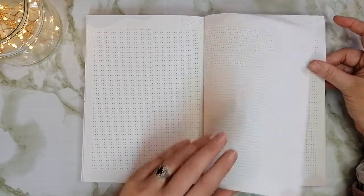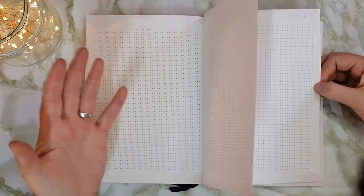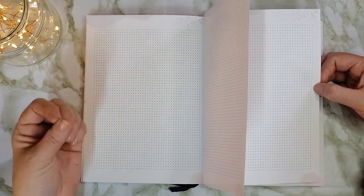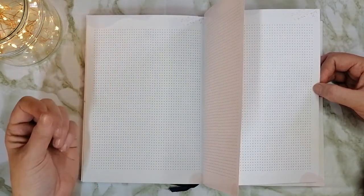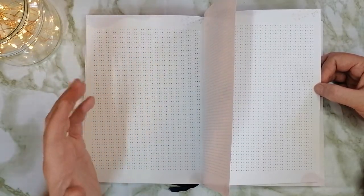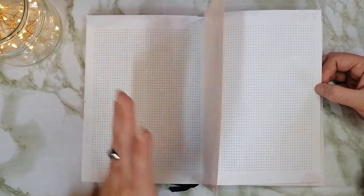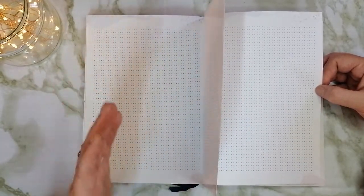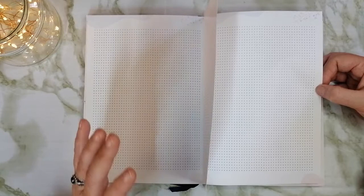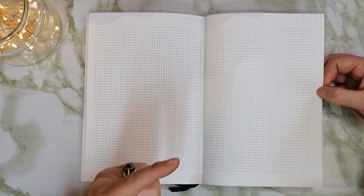So then we come to these pages, and there are quite a couple of them as well. And what I really love is the fact that you've got all those today pages, and then you've got notes pages as well. So if you wanted to take ad hoc notes that you didn't want on a specific day, you can do that as well. So I mean, this planner really offers so much in terms of planning space, note space,